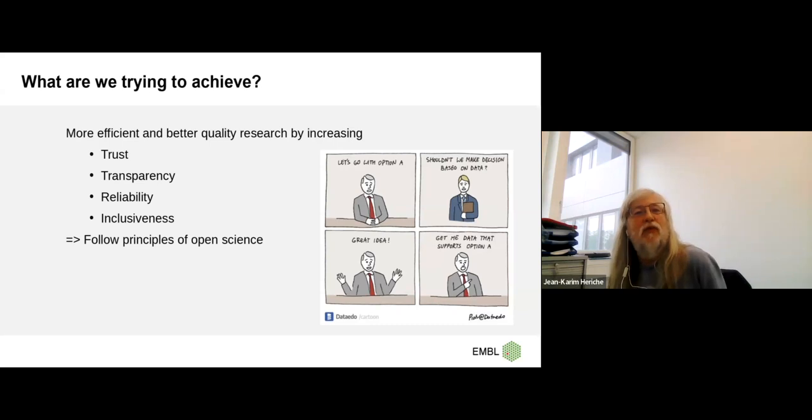There are a number of reasons we want to change, and some of them have to do with trying to produce more efficient and better quality research. And what we want to do in particular is increase the trust through transparency and reliability of the research process. We also want to improve